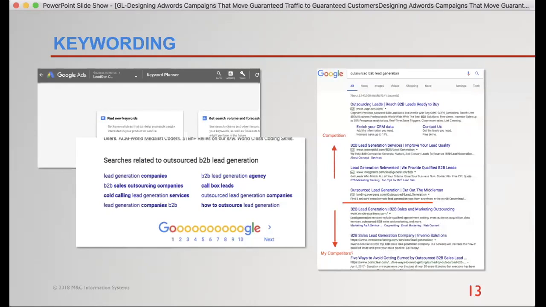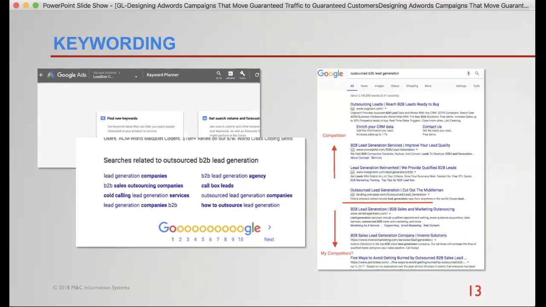And when we're doing those searches, so outsource B2B lead generation, the way I read it is everything above that red line that says add, any result that's above, that's just competition, right? Those are people that are bidding on that same keyword term. But everything below is really, the question is, are these my competitors?